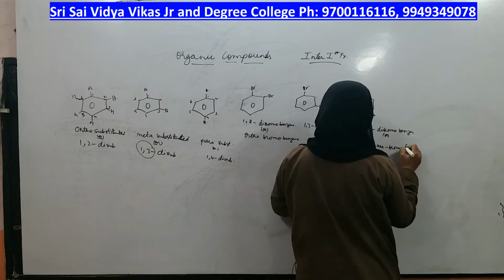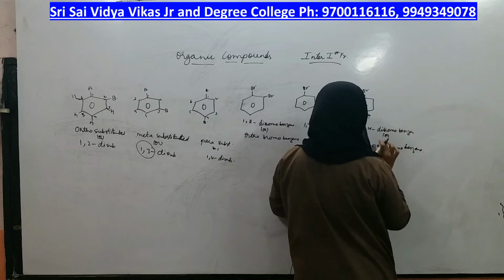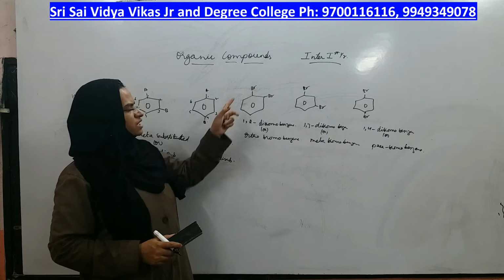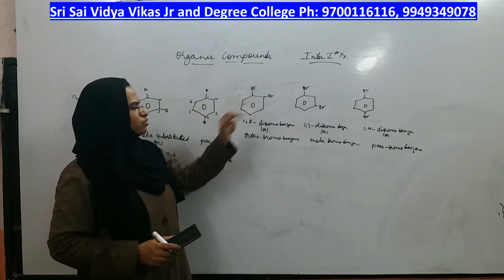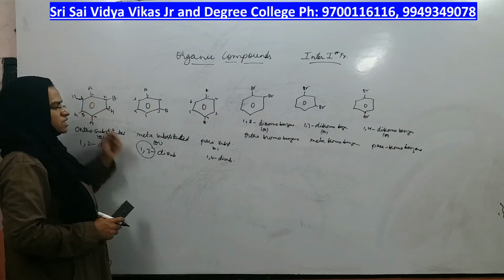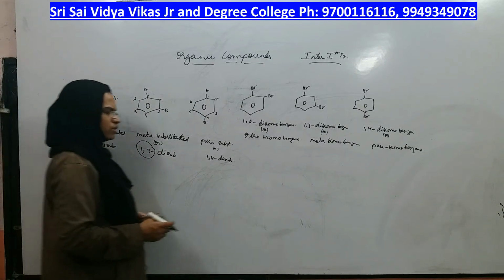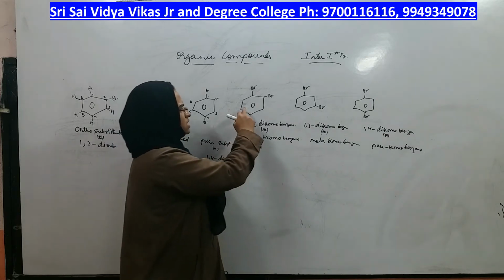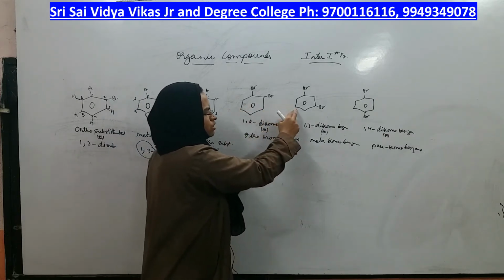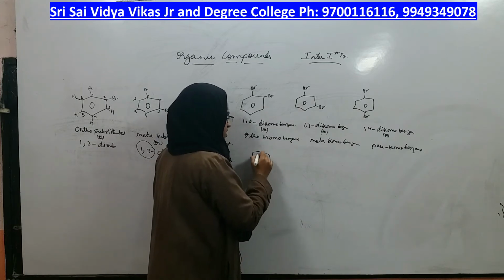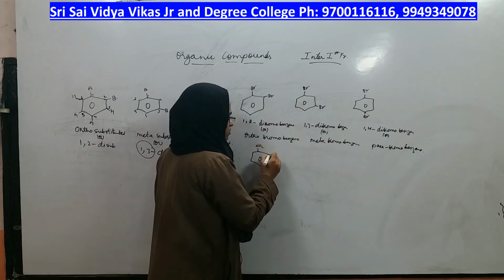If you write para, it automatically means that two bromines are present and they are para to each other. This is the case where I have taken A substituent two times. But now here I have shown A is one substituent, B is another substituent. Let us do so, because you can have same or different. Whatever is the case, this is a disubstituted benzene, this is also a disubstituted, this is also a disubstituted. I will take one more compound with same substituents, nitro.